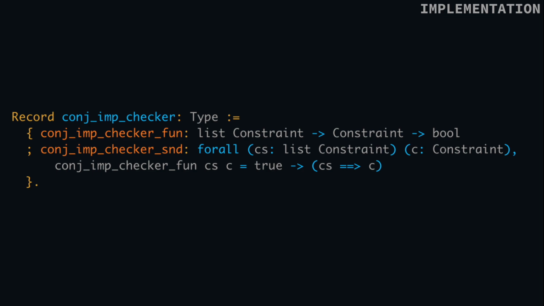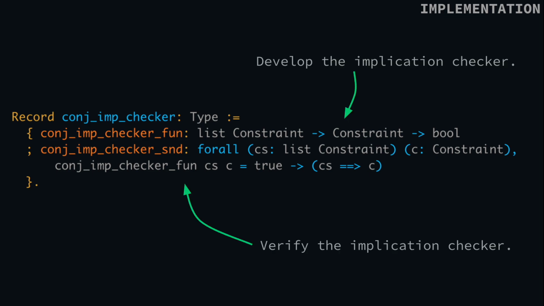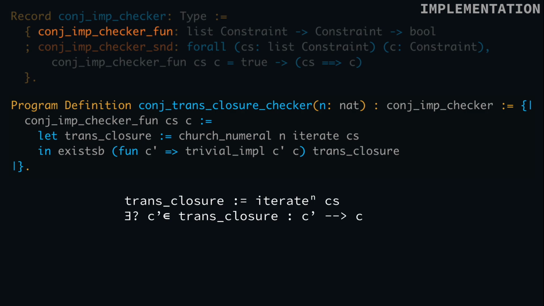We can do this since Coq is a theorem prover, and it allows us to explicitly write a theorem or a proposition as a type, where the elements of the proposition are actually the proofs that this proposition is true. This encoding allows us to perfectly mirror the original goals that we had about development and verification of the implication checker. Therefore, in order to both develop and verify the implication checker, we only need to create an instance of this type. The way we did this in this project is through the following definition.